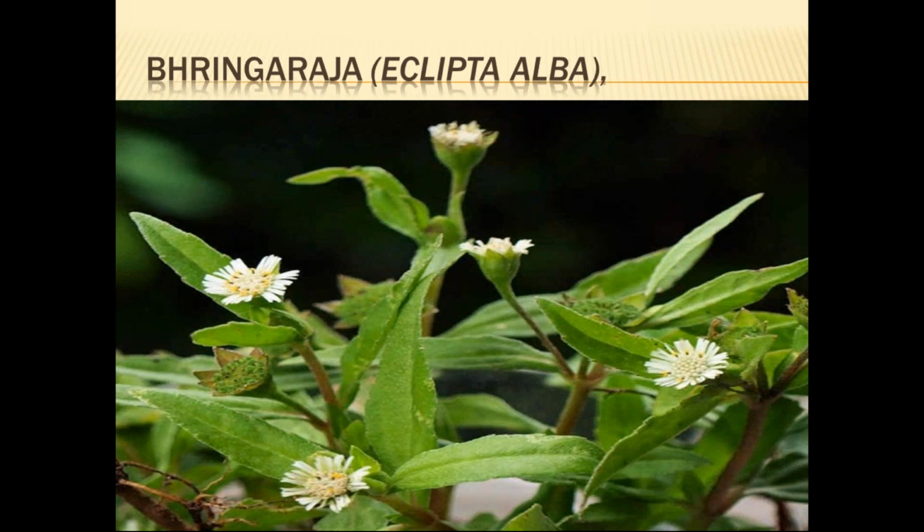The next important plant, which is widely used, is Bhringraj, that is Eclipta alba. Here we see the margin is very slightly toothed, with a scaly structure. This is how the head inflorescence looks. Some ray florets are yellow in color, disc florets are white in color, and the involucral bract is green, with white also present. You can see the herbaceous stem.